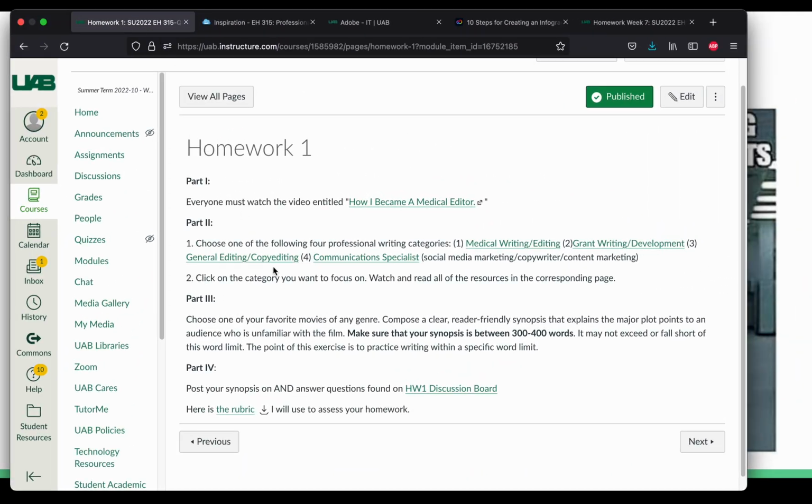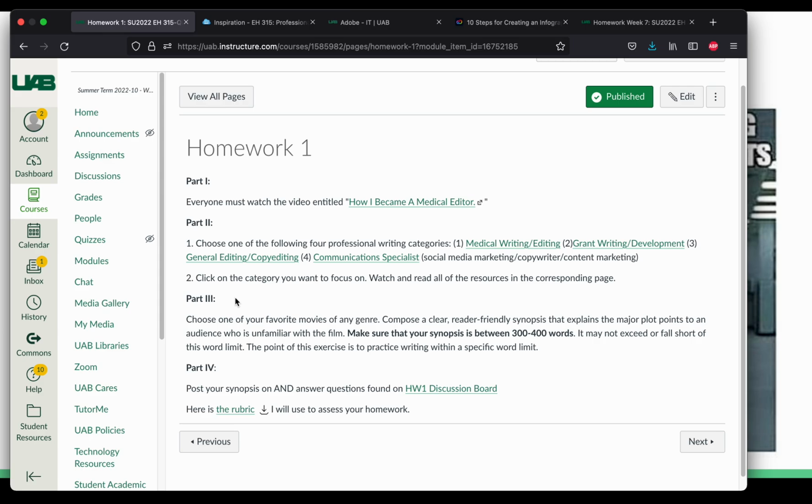You could return to the week 1 homework page and find and explore that original list of the 4 different kinds of professional writing categories we looked at, which were grant writing, medical writing and editing, copy editing, or communication specialist. Maybe you were interested in technical writing from our work in writing instructions and you want to research this field. There may be another job entirely that we have yet to discuss but that fits into your understanding of